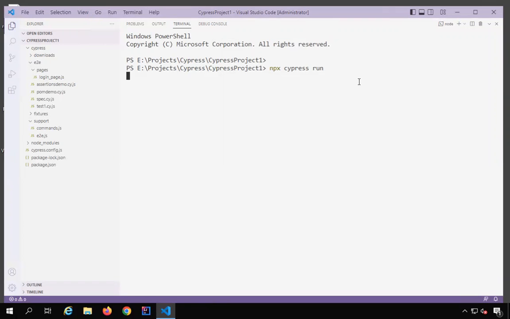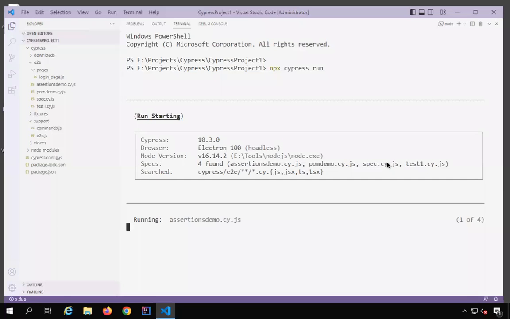That is all the tests that we have under our E2E package or E2E folder. All those will get executed. If you are using a version of Cypress earlier to 10, all the tests which are in your integration folder will get executed. So this will start the run. Okay, so this has started, and you can see this shows us the Cypress version, and the default browser which